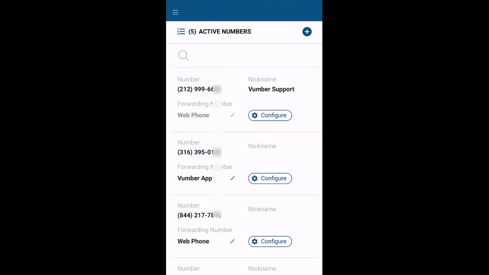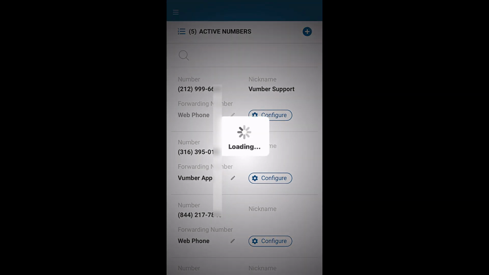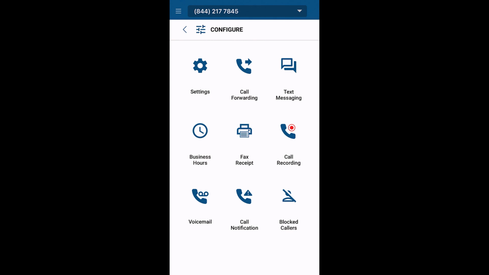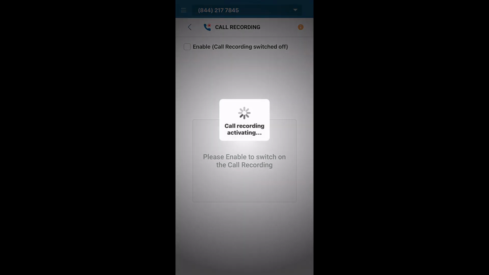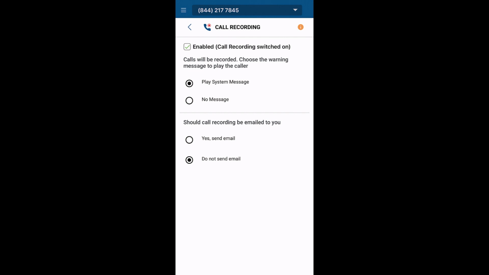You are then going to want to hit Configure beside the number you wish to turn on call recording for. Once in the number settings, tap on the call recording option. From here, we can simply tap this box to enable call recording for this number. If it is your first time enabling call recording on your account, you may be asked to accept some terms